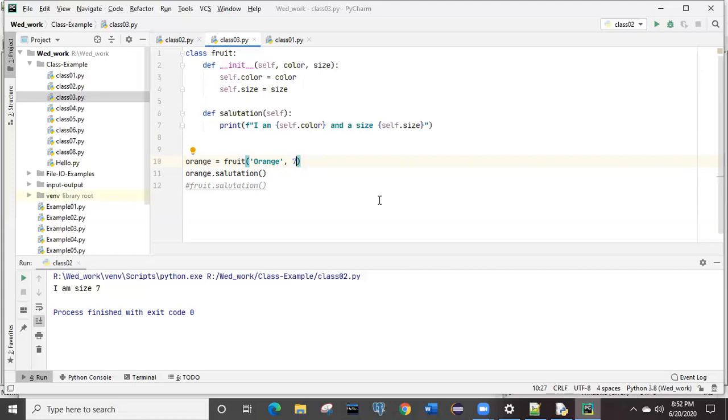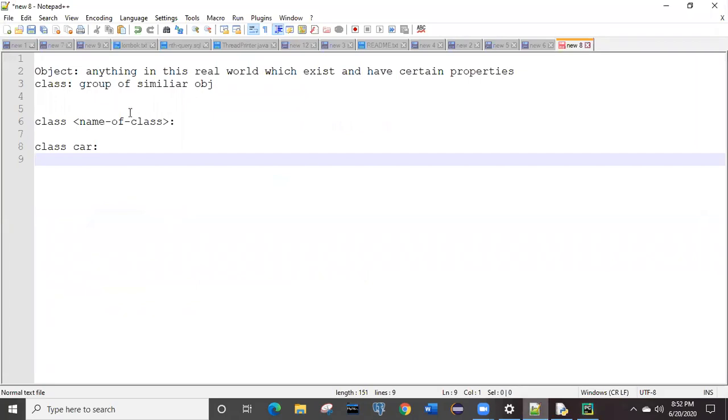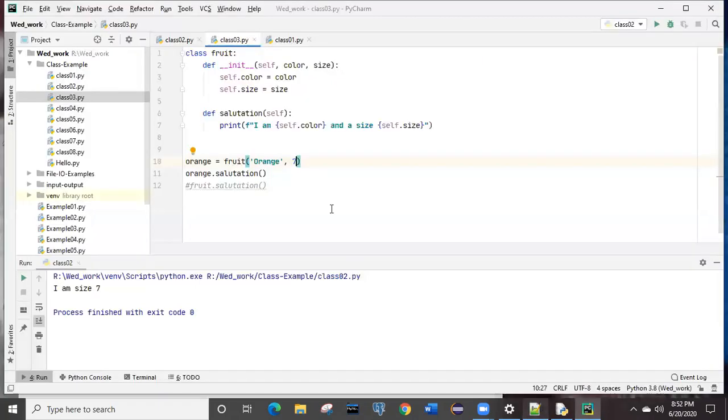The first key feature is the object and class that we have seen in the last session. Any object is a physical existing thing, class is the logical existing thing of the singular object.